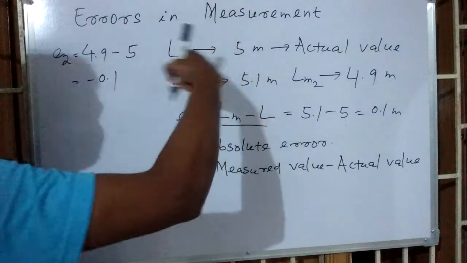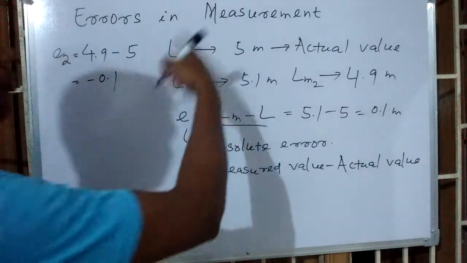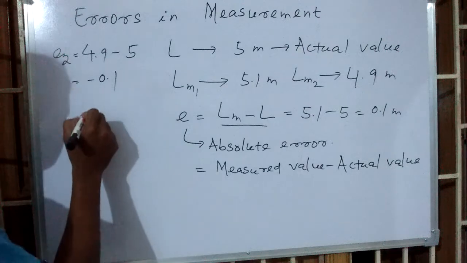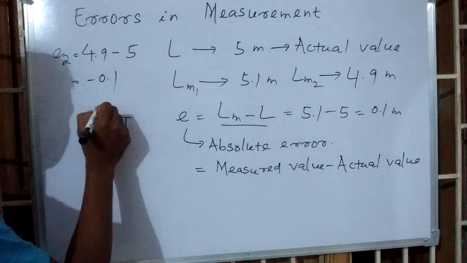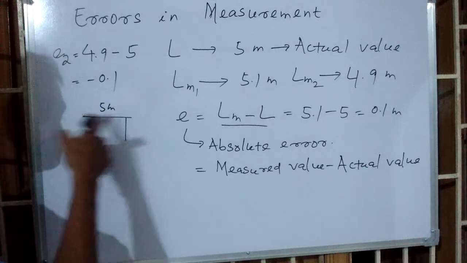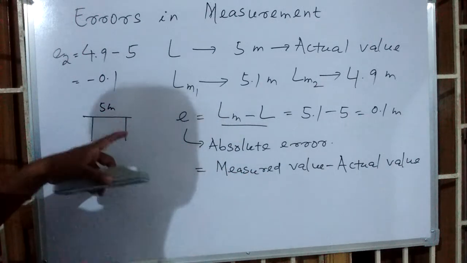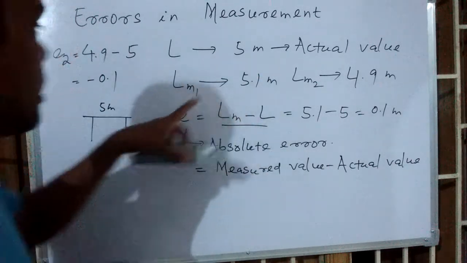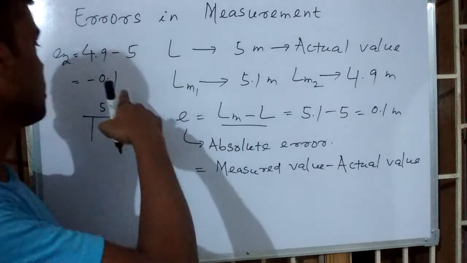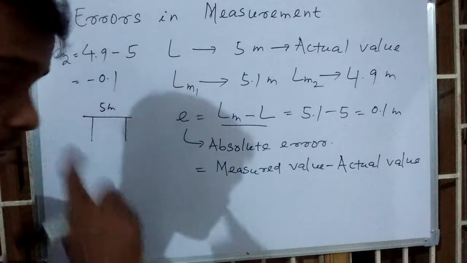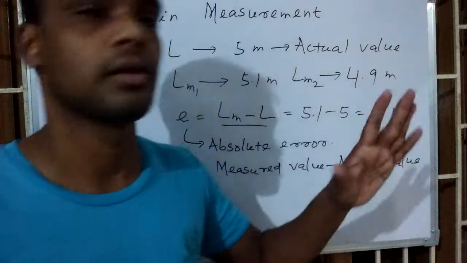Suppose this material is a table whose length is 5 meter. That means this 5 is fixed. If somebody measures it, he finds it to be 5.1 and some other person finds it to be 4.9. In both these cases, errors are different. Okay, that means error does not depend only upon the material, it also depends upon the method by which the